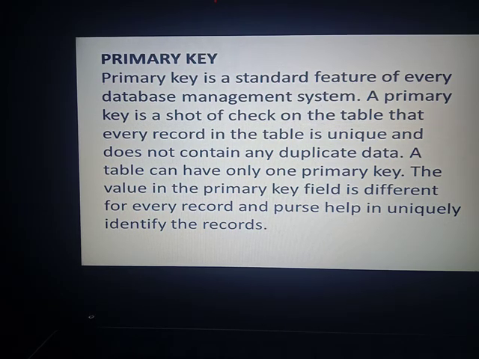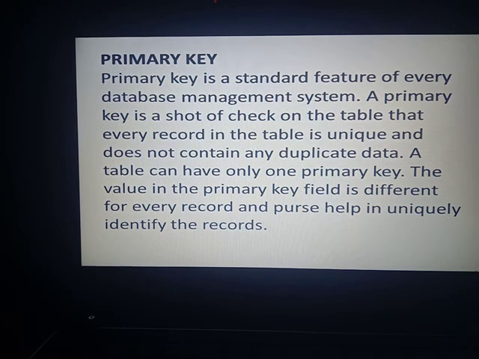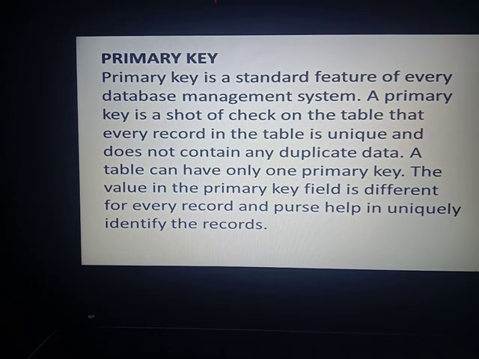A table can have only one primary key. The value of the primary key field is different for every record and helps to uniquely identify the record. So a primary key helps you to identify the unique record.